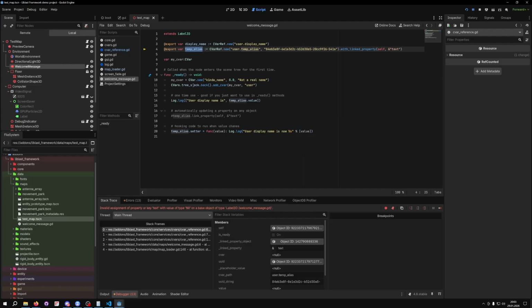Can you explain? I'm lost. What do you mean, change to my CVars? Yeah. The temp alias CVar, we created it at runtime using the CVar editor, but this wasn't saved anywhere. Unfortunately. So when we define a CVar reference to it here, it errors out because it says, hey, there is nothing like that, man. I can't fetch that. So what we can do is either comment this out, or change what this points to. And because we're creating a CVar called kinda name,